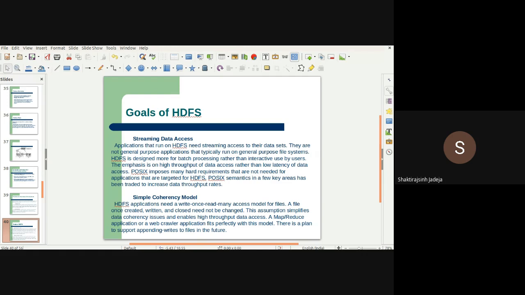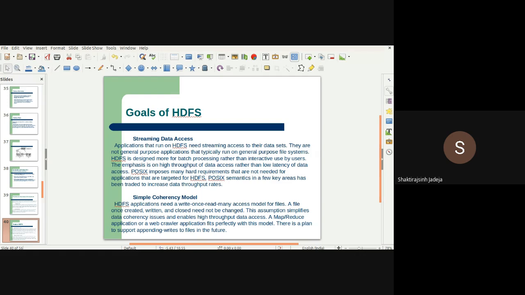Second is the simple coherency model, right? Coherency means you should be doing the tasks at the same time, coherently. HDFS applications need a write-once, read-many access model for files, because once you store it, most of the time you will only be retrieving it, right?